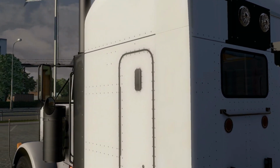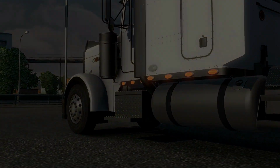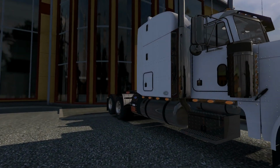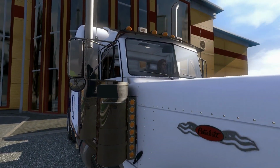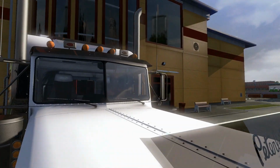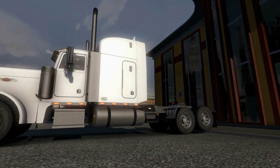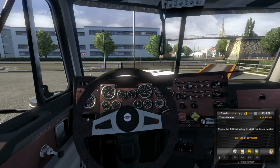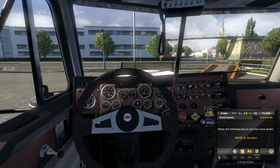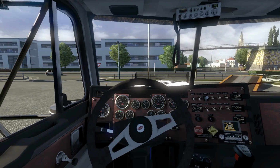So as you can see, it's rather beautiful. I just let it pan round and stuff. The chrome is just excellent. Really, really nice. Right, so we're inside. Let's go over to the paint shop. The minute we fire it up, the sat-nav pops up. We get this lovely